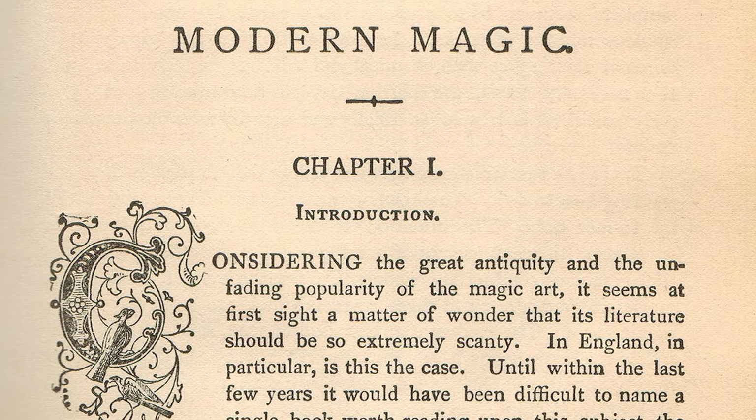Considering the great antiquity and the unfading popularity of the magic art, it seems at first sight a matter of wonder that its literature should be so extremely scanty. In England in particular is this the case. Until within the last few years, it would have been difficult to name a single book worth reading upon this subject, the whole literature of the art consisting of single chapters in books written for the amusement of youth, which were chiefly remarkable for the unanimity with which each copied without acknowledgement from its predecessors, and